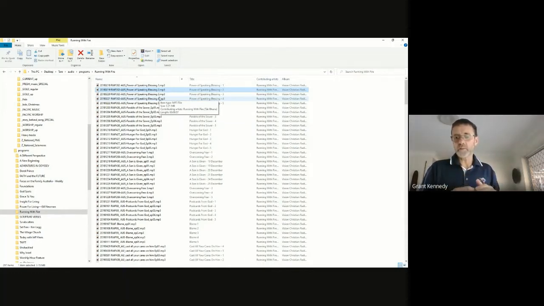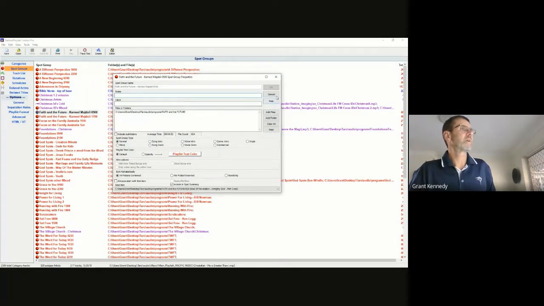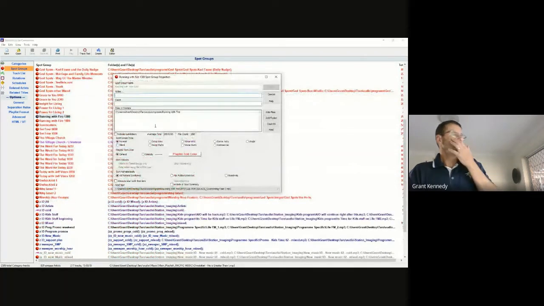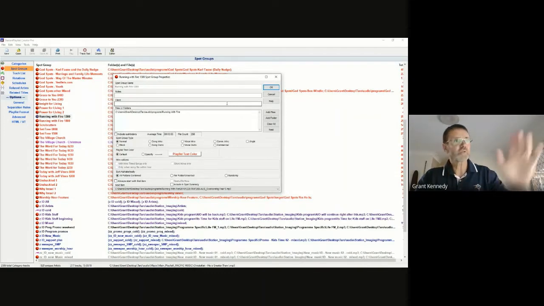Now, if we want to create our schedule for station playlist, let's go to Running with Fire. Where has Running with Fire got to? There it is. Today is Thursday, and we've scheduled today and tomorrow already, so the next one will be Friday. So that's wrong. That's going to play a Wednesday slot on Friday. So we actually need to change that to a Friday one. The next schedule Station Playlist will create is Friday, so it needs to be a Friday one that it chooses.